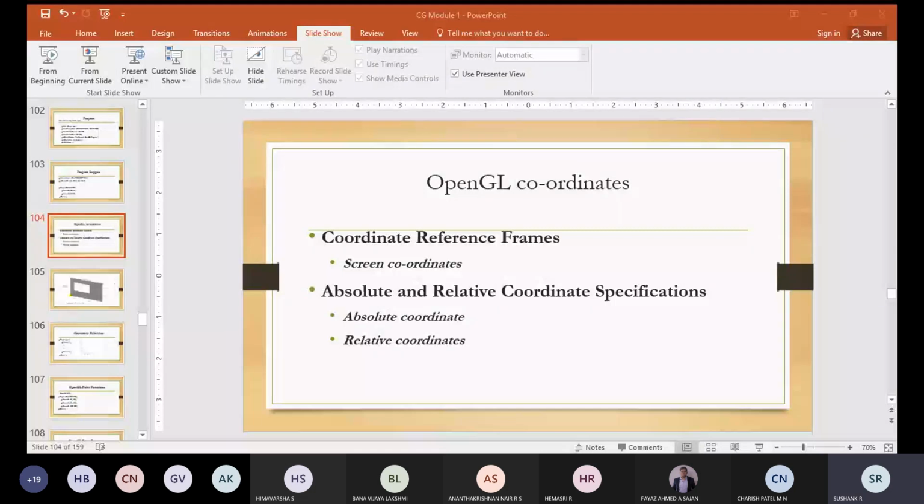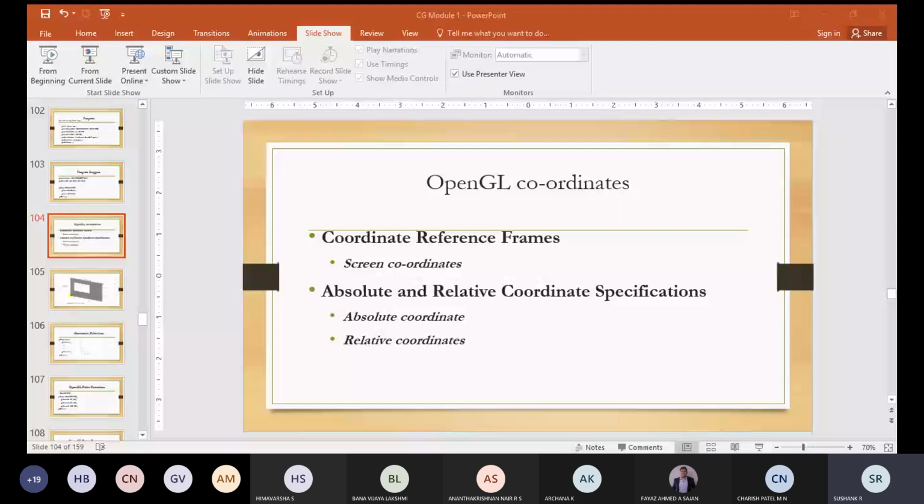Then objects will be displayed on the screen by passing the scene descriptions to viewing routines. This routine will identify the visible surfaces and map the objects to the frame buffer positions and then onto the video monitor. After this process is done, the scan conversion algorithm will store the information about the scene, like the color value, at the suitable locations in the frame buffer, and it will be displayed on the screen, and the scene will be displayed on the output device. So this is regarding the coordinate reference frame.